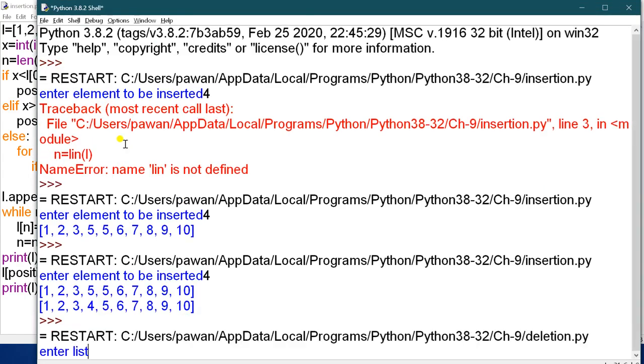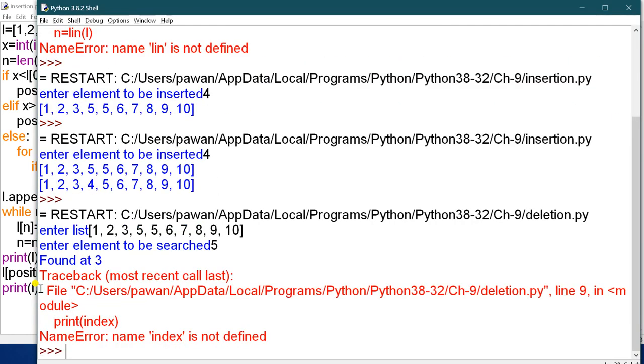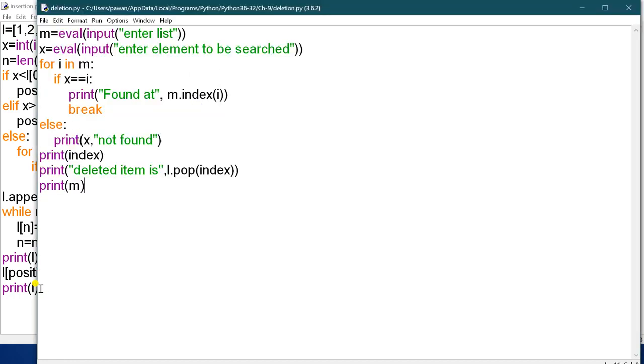This is your deletion. So you have to enter the list. For example, this is your list. Now enter the element to be deleted. For example, 5 I want to delete. Okay, index is not found. So let me check what is the error now.